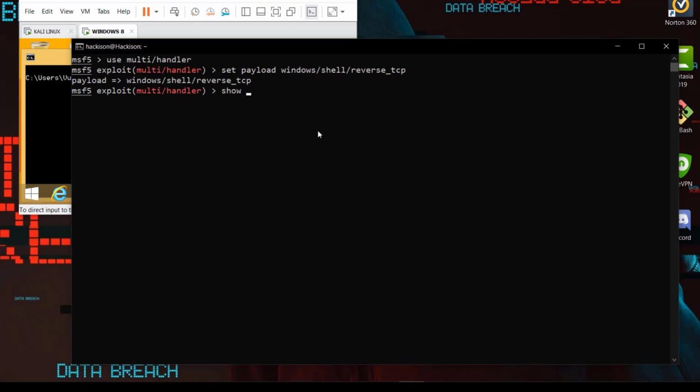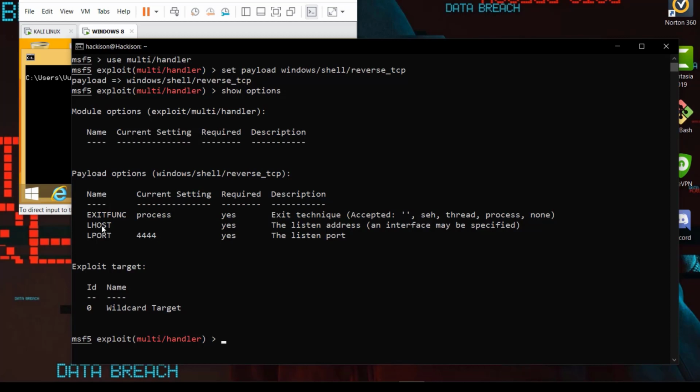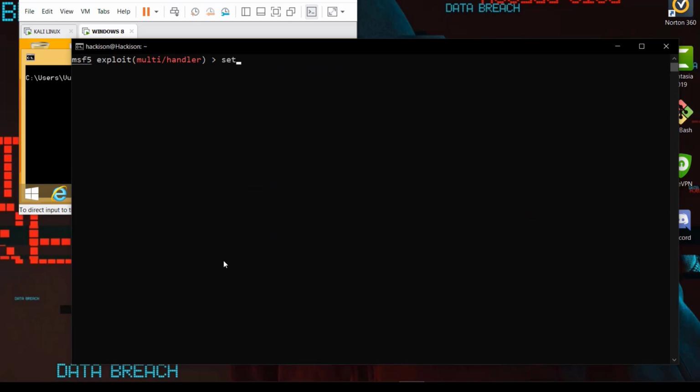Okay, now let me see the options which we have to configure. We have to change both the LHOST and LPORT here. Set LHOST to our attacker IP, 192.168.8.17. Set LPORT to 4545.